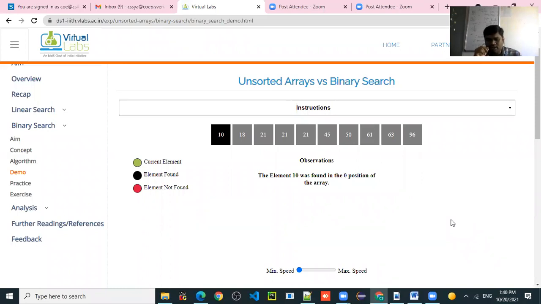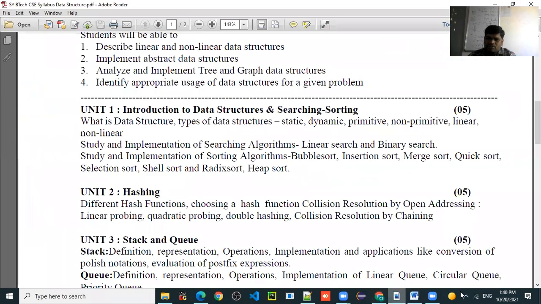But my condition is I have only the binary search algorithm, and I don't want to apply the linear search. So then what do you need to do? You have an unsorted list and you want to apply the binary search. First we need to sort the array, but how to do the sorting of the array? For that purpose, we will study the next algorithm, that is the sorting algorithms.